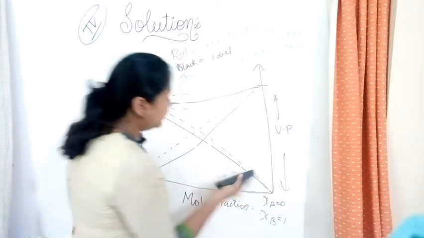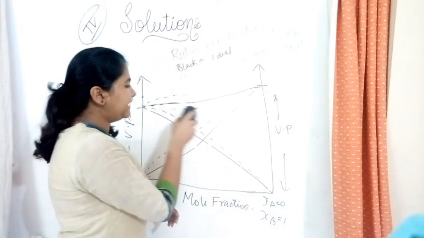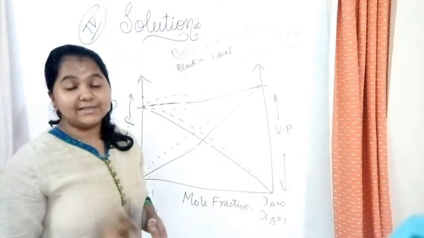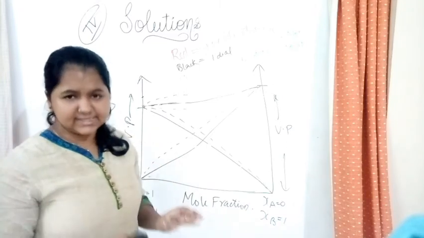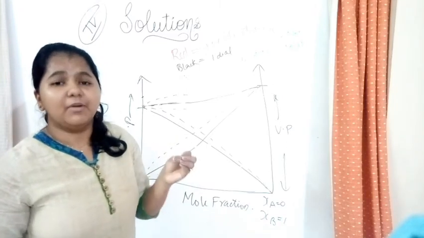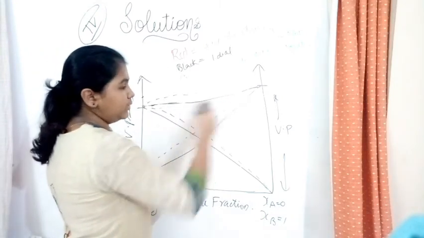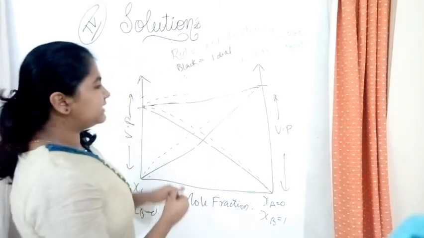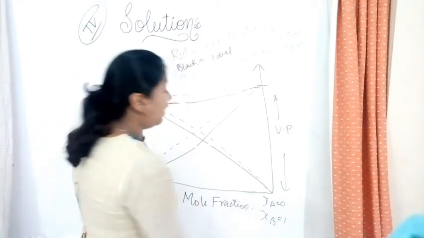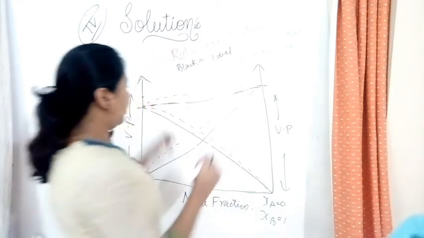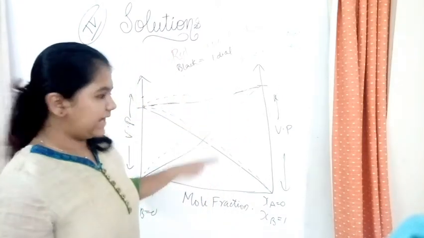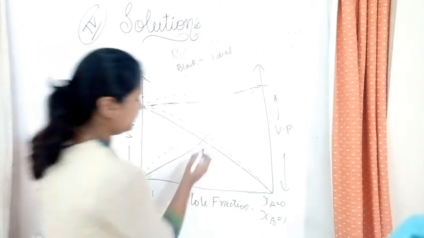It's actually the ideal solutions and non-ideal solutions. I told you pure ideal solutions don't exist. Ideal solution even shows some of the non-ideal characteristics. It's not pure solutions, we don't have pure solutions. So this would be the graph for what? Our positive deviation. See, only the positive part and the ideal I have shown here. So this is the positive deviation.